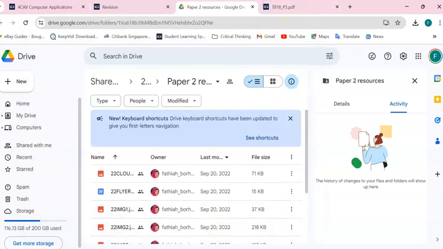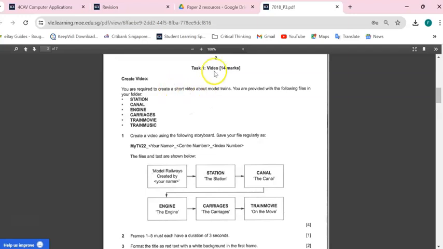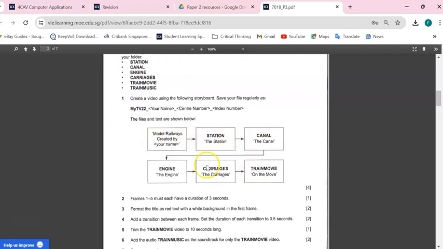Okay, so basically let's look at the first question. The first question is a video, so you have to use OpenShot. Okay, so you're supposed to have all these files inside the folder, and you follow this flow. Okay, so it goes from here to here to here, and then it goes to the engine, carriages, and the